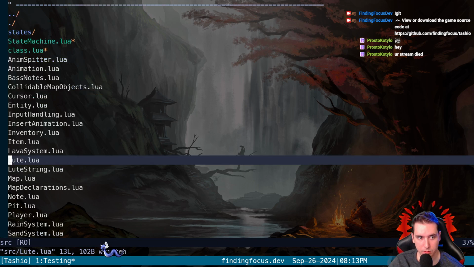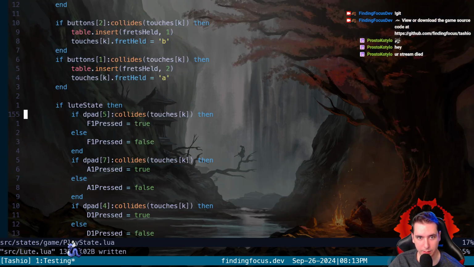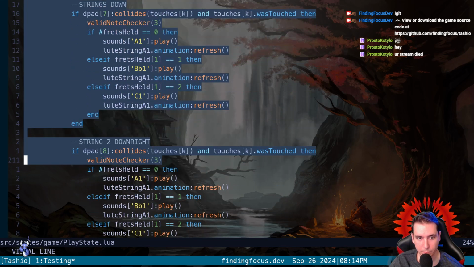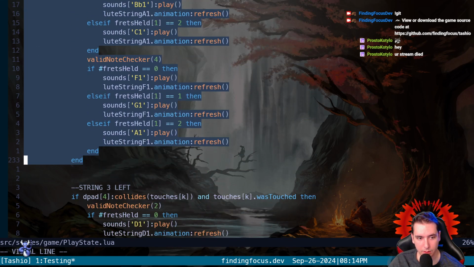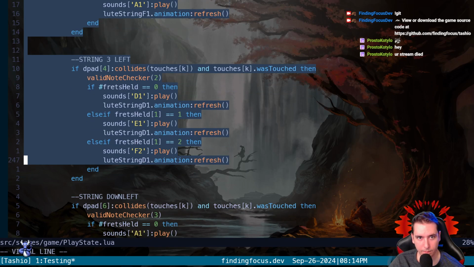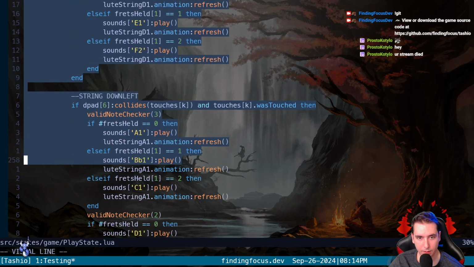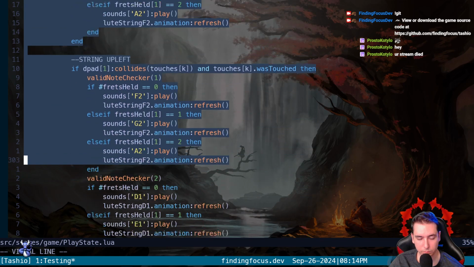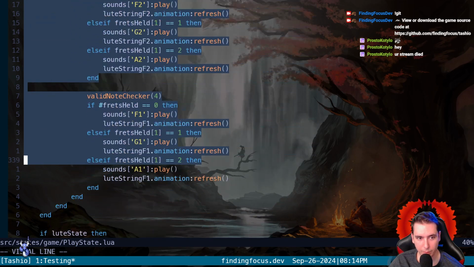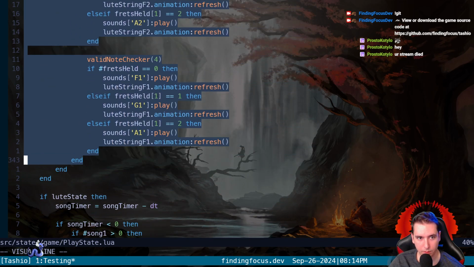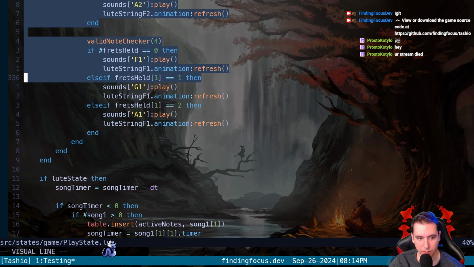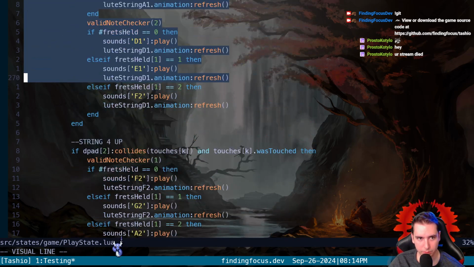Okay, so if we go back to our play state and we look for any logic directly tied to the Lute state... Oh my gosh. Okay. Yeah, this... Okay, so look, yeah, this is all Lute state stuff.